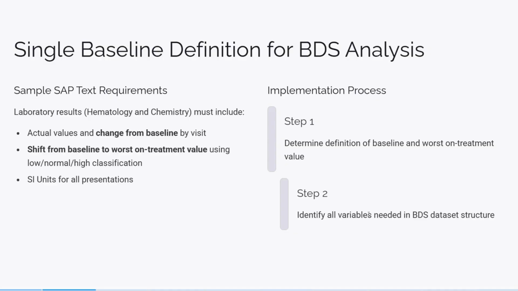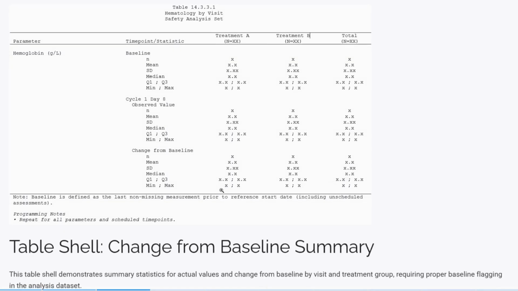Okay, so here the following summaries will be provided for each kind of laboratory parameter. So let's continue with that one. If you see here, this is the output of one of the reports. The hemoglobin parameter will have different time points. You see the baseline and the cycle and the change from baseline based on the treatments. So here the table shall demonstrate summary statistics for actual values and change from baseline by visit and treatment group, and require the proper baseline flagging in the analysis dataset. Okay,